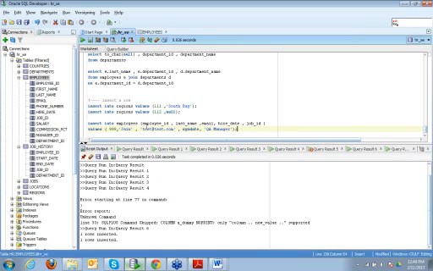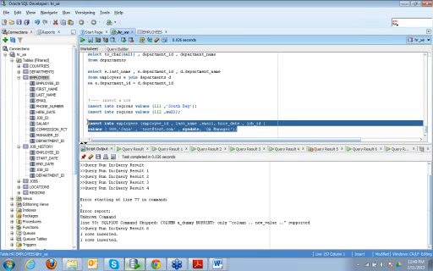And here you can always change the order, so I can write employee ID at the end, because here I'm mentioning in what order I'm giving the values. So I can run this.